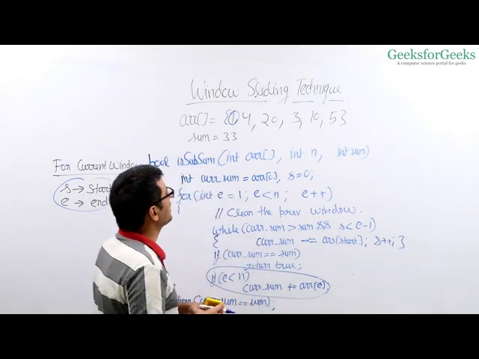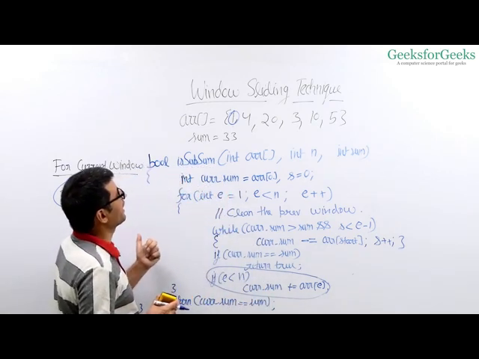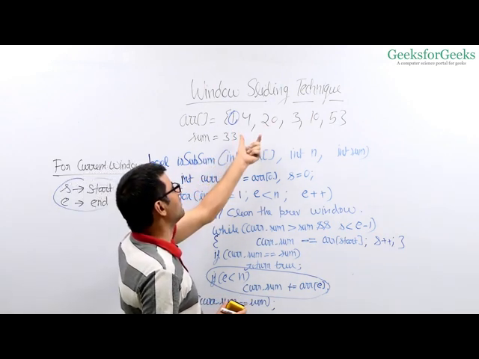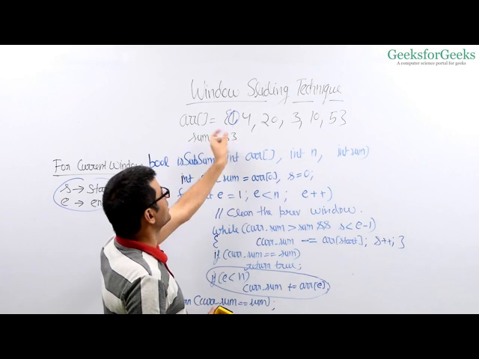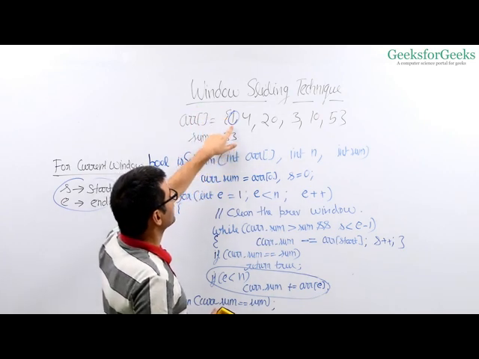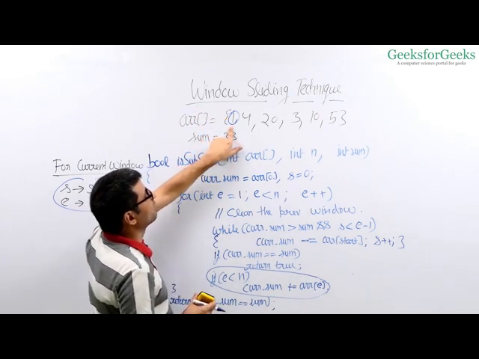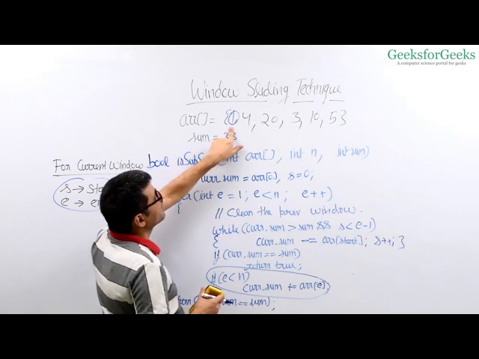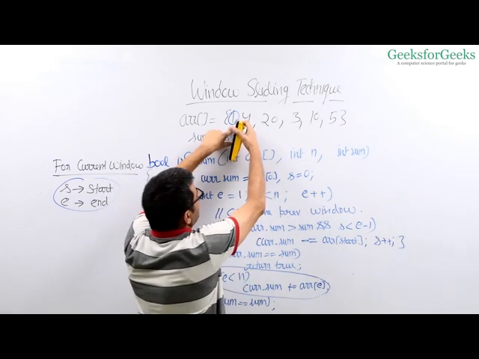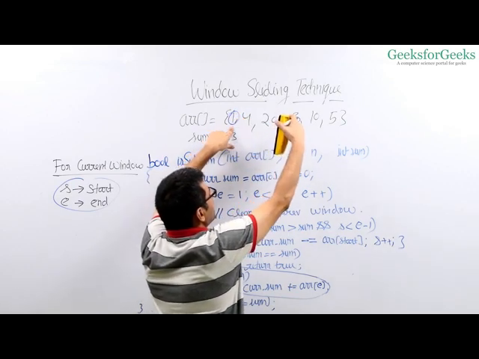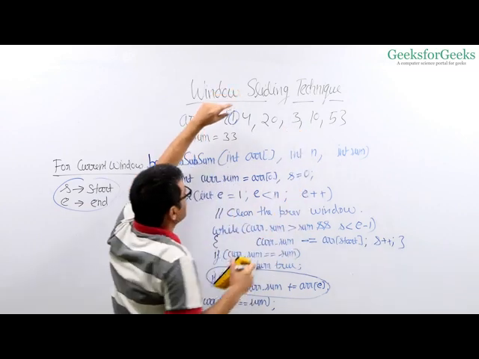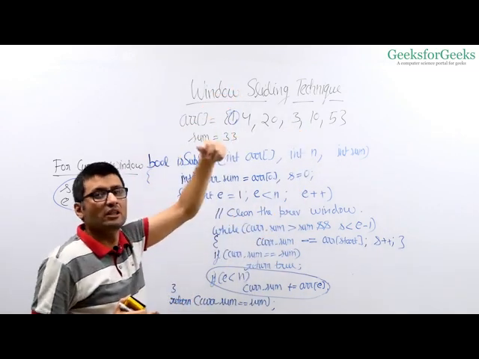And how come it never misses a valid sum? The reason is simple, because you have no negative elements. So if the sum becomes greater, you can simply remove the elements. Suppose you remove 1, had there been a sum including 1, this would have appeared when it was there in the window. Because you got a greater sum, that is why you're removing it, because there is no possible sum with this window, right? Because there are no negative elements, right?